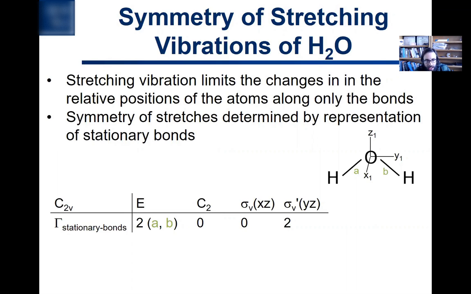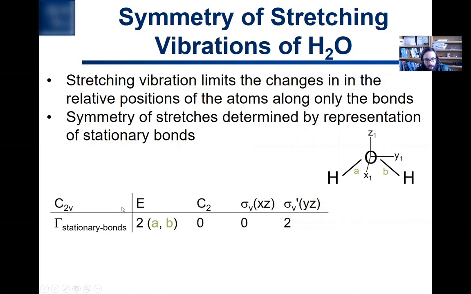And the way to do that is to notice that stretching vibrations change the relative positions of the atoms only along the bonds. And so that means that the symmetry of the stretches can be represented by just the representation of whichever bonds are stationary. And in order to do that, it's quite simple. You're just going to label all the bonds in the molecule and then look at the character table, and for each operation, count how many bonds stay stationary when you do the different symmetry